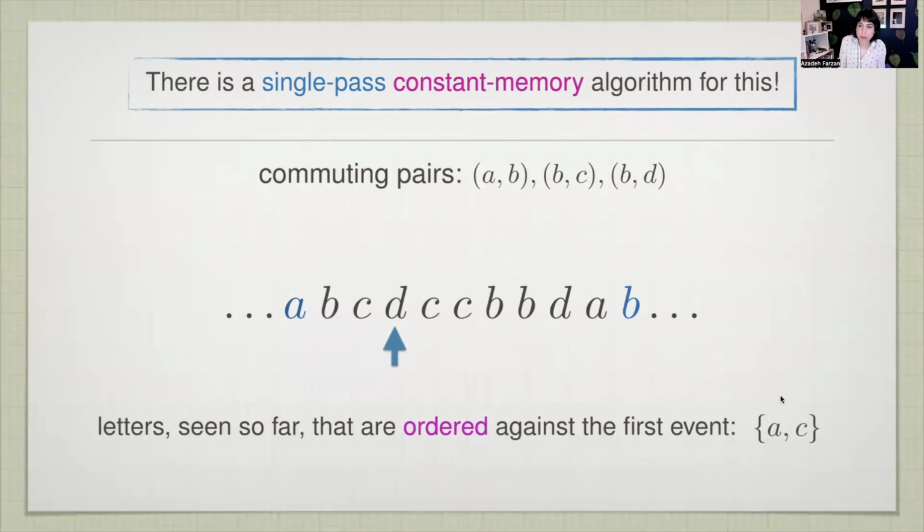D and A are not commuting. It will get added to this. Then I see another C, and I would want to add this, but I will realize that there is really no novelty to another C. I already have a C, and it suffices for all my future decisions, anything that would get connected to A through a C to get connected to the earlier C or the later C. I don't really need another C. So this set stays exactly as it is.